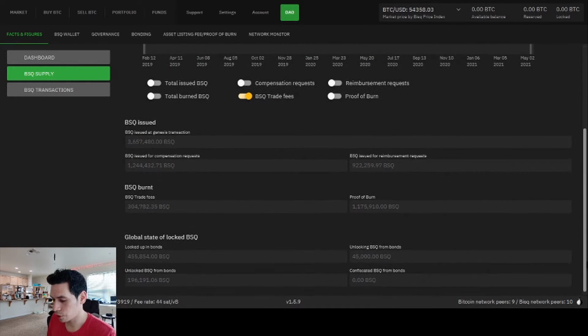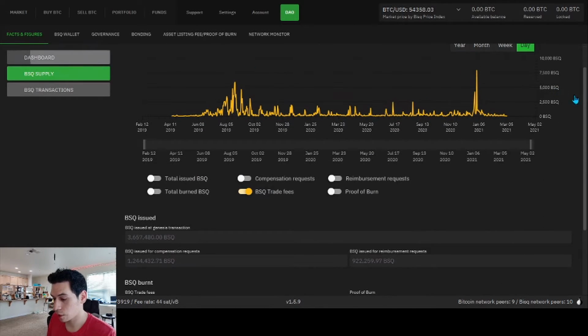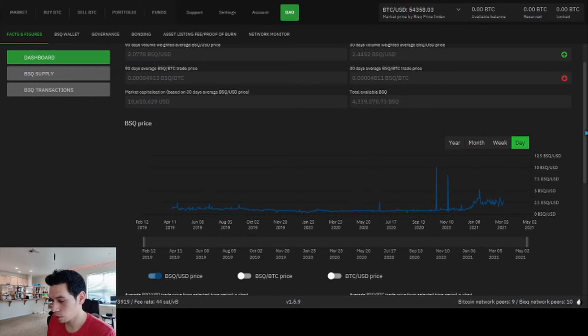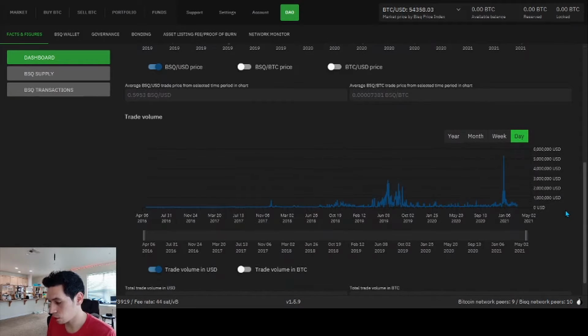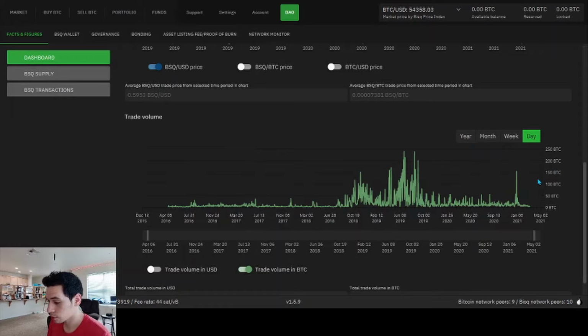Let's look at the volume for January. January was crazy. I'm sure the Bisq contributors were very happy. Trade volume went to above 5 million USD. Wow. That is quite a few Bitcoin. That's 150 Bitcoin